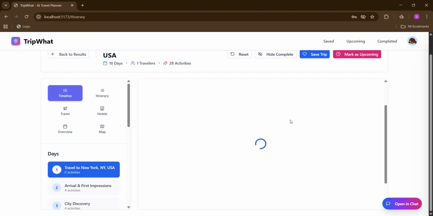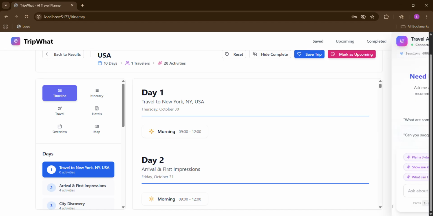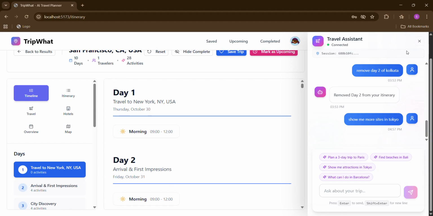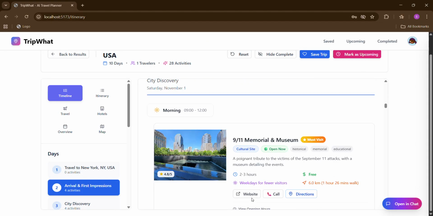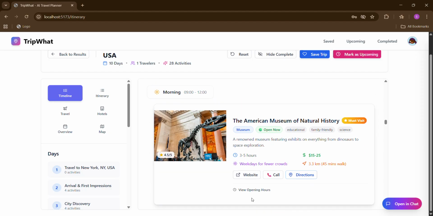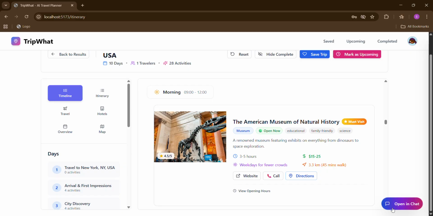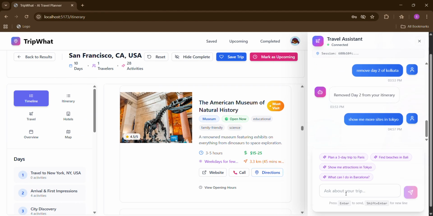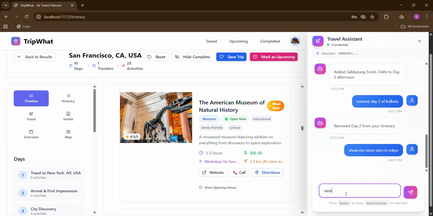The highlight of our application, however, is that we have an integrated chat window. And this chat window lets us dynamically modify our itinerary right from the chat itself. So for instance, let's assume that I am not very interested in museums and I don't want to see the American Museum of Natural History on day 4. So I can simply make a natural language query that says remove American Museum of Natural History